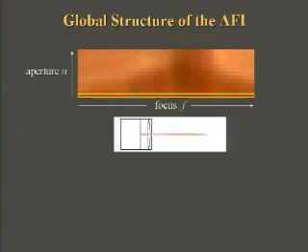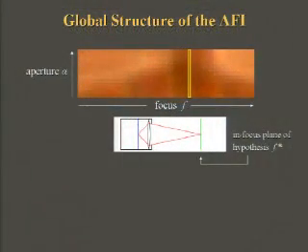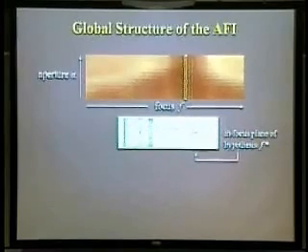I want to talk mainly about the global structure of the AFI because this is the key basis for our method. You can see here that if the focus setting is at the narrowest aperture, we're going to approximate an ideal perspective camera where everything's visible and in focus. So the pixel color is supposed to be constant in this case. Now if you look at the widest aperture, the pixel color is actually going to vary the most within this range. What confocal constancy tells us is that the column of the AFI at the in-focus position is going to have constant color and intensity. So clearly we can use this to test a specific focus hypothesis. Are we in focus? By looking at the variations within the corresponding columns.